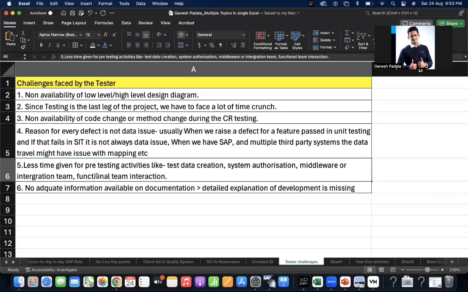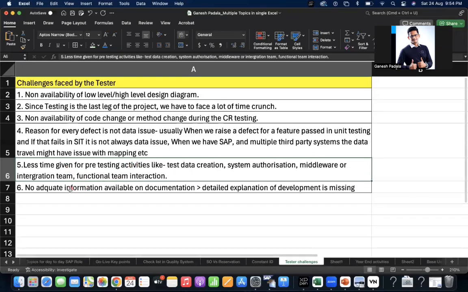There will be certain guidelines, like before going for SIT, at least 50% of master data should be available, and authorizations for UAT have to be prepared, or the testers also need the required authorization to execute the new transaction codes and any other program changes. The middleware should be available in the test environment, the middleware should call the third-party system, which should also have a test environment to receive our data or make transactions. So generally they face challenges because of that timeline.